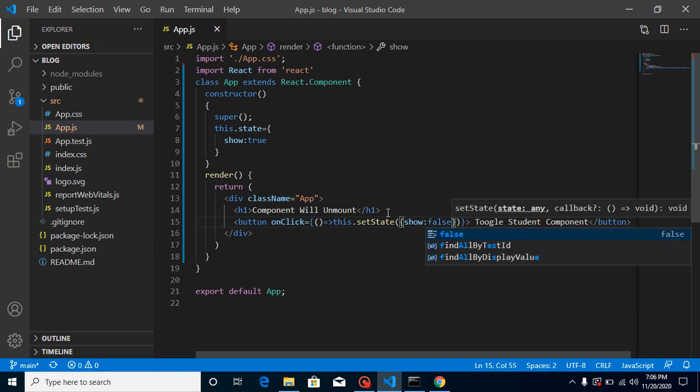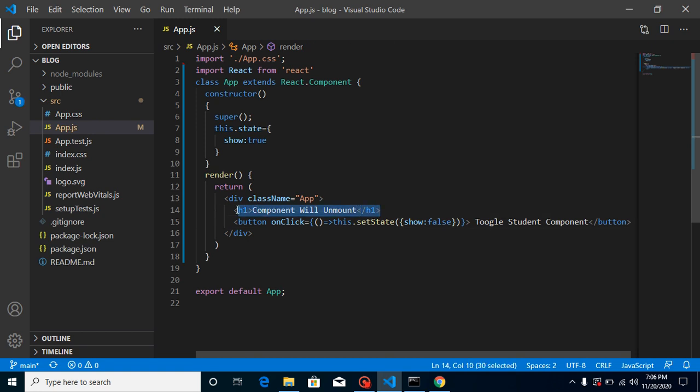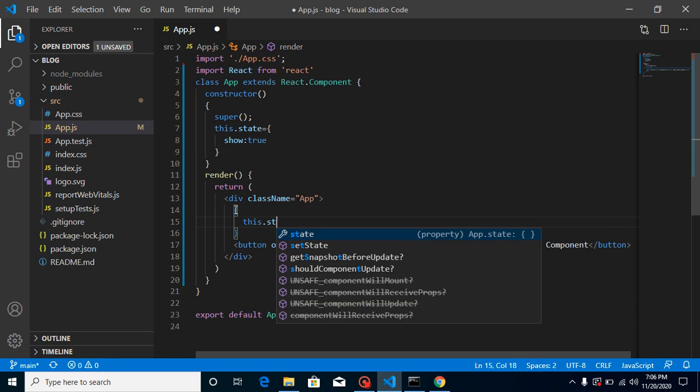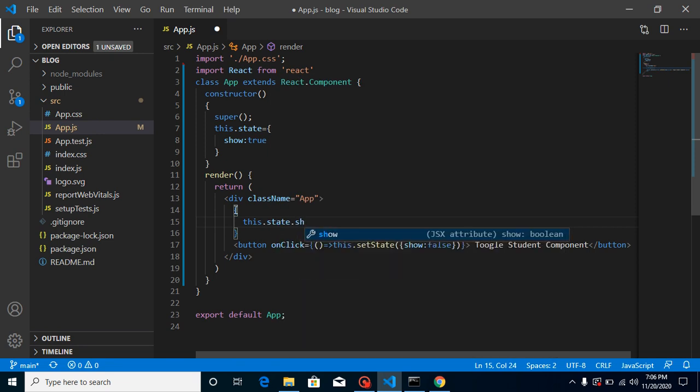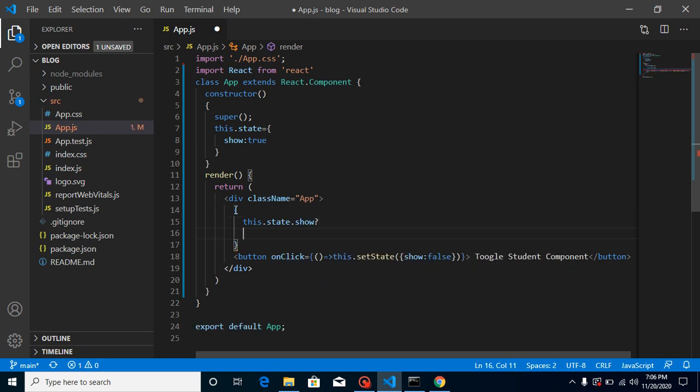And now I am going to make a condition here like this.state.show. If this is true, then our component will be visible, else null, right? Or we can simply write some text, but for that we need a component.